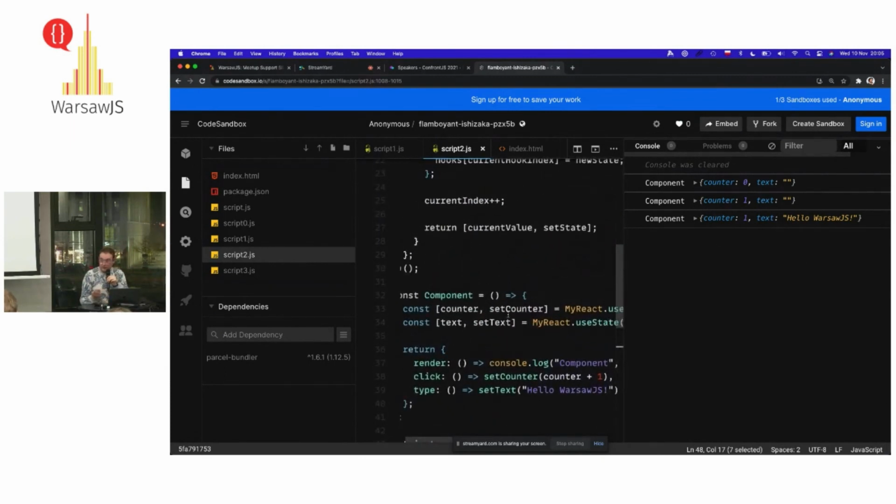And yes, this is basically what React hooks are. It's not that complicated if you think about it. Underneath, the real React is a bit more complicated. But yes, pretty much the whole concept isn't that out of this world.